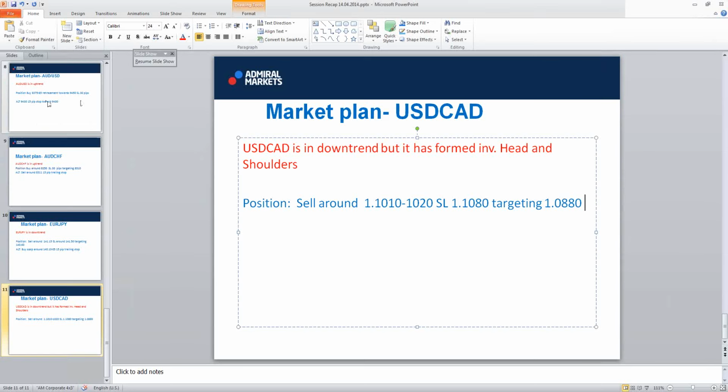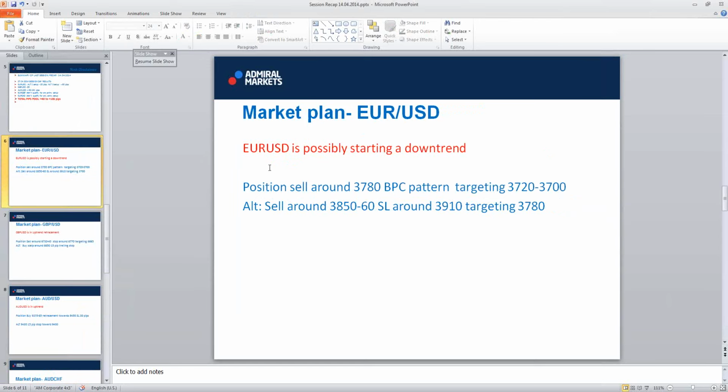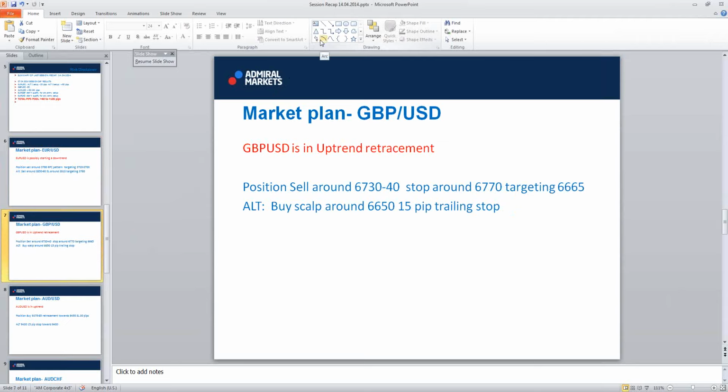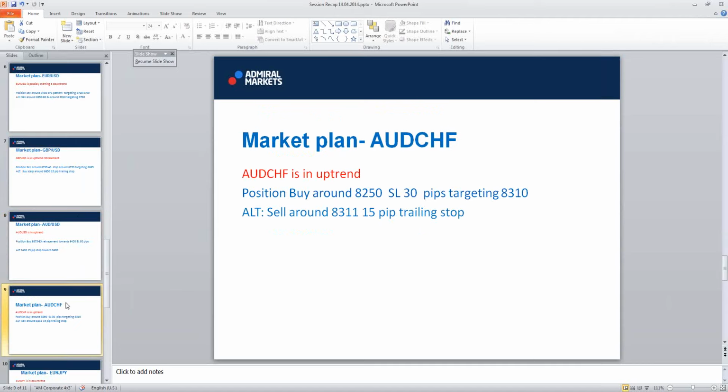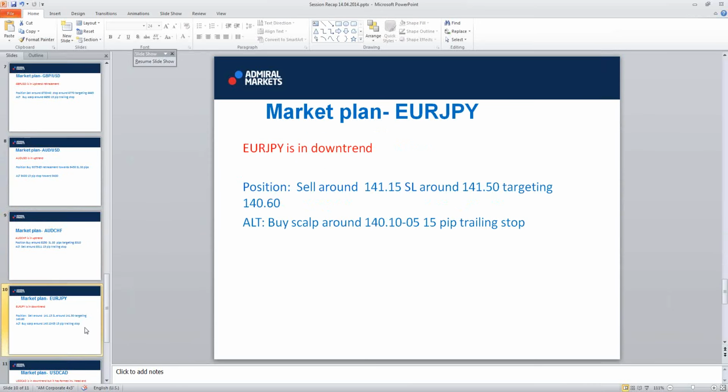Now, if you don't mind, I will give you the slides again, so you can print screen it if you want, and these are the setups which I want to see soon on these pairs. Euro dollar, cable, Aussie, Aussie Swissy, Euro yen,